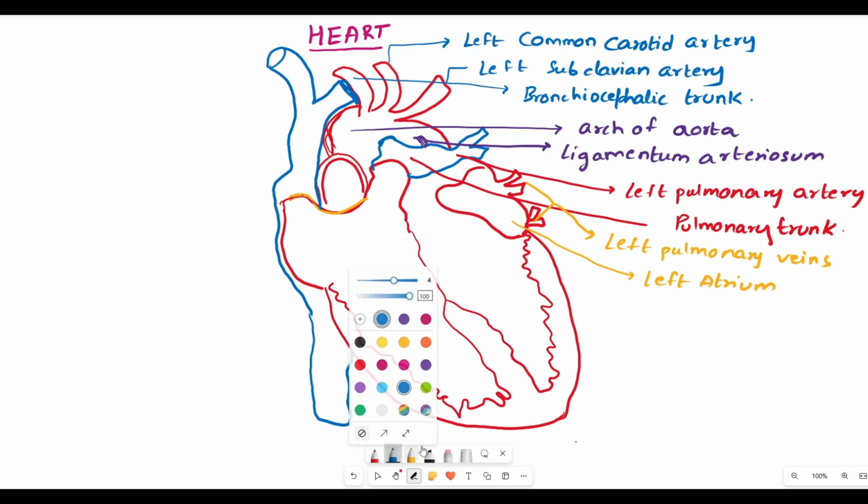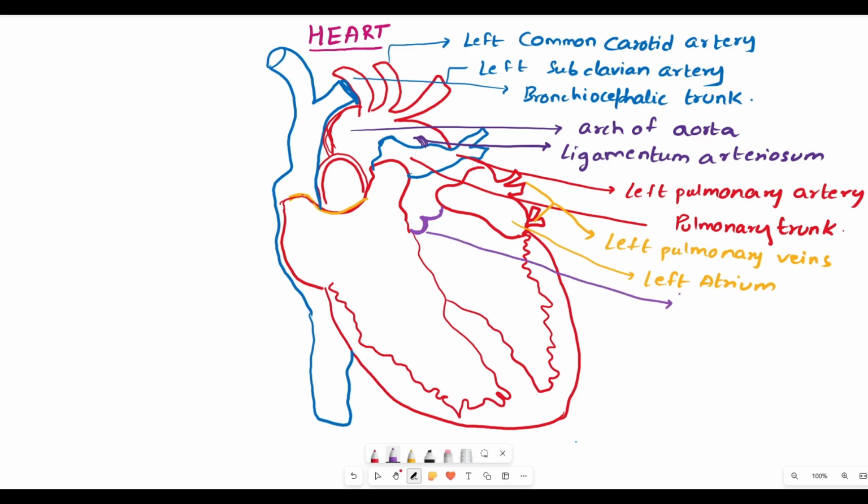Here only we can also see one structure at this position which will be looking like this. So this violet colored portion we will be calling it as the aortic valve,